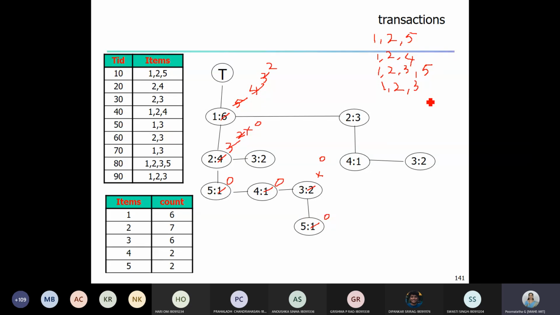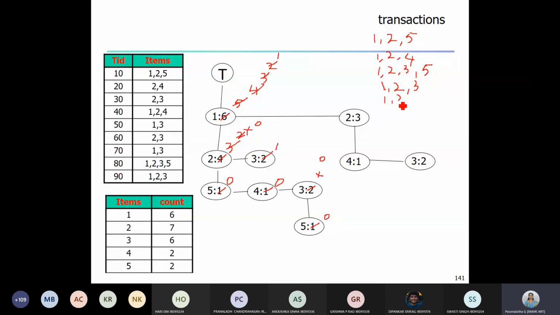Fine. Now again, go back to the root node, child pointer, item 1, reduce its count and write the item 1. So go to the child pointer, child node is 2 but its count is 0. So now traverse its sibling link. Fine. So sibling is 3 with a count 2, reduce the count and write the item name 1. Go to its child pointer, it is not there, so we are stopping here.